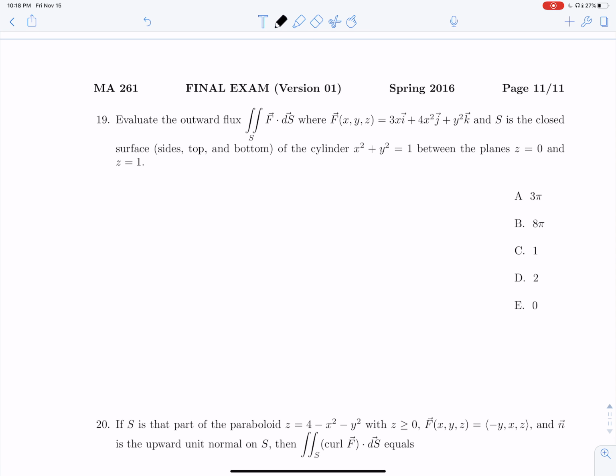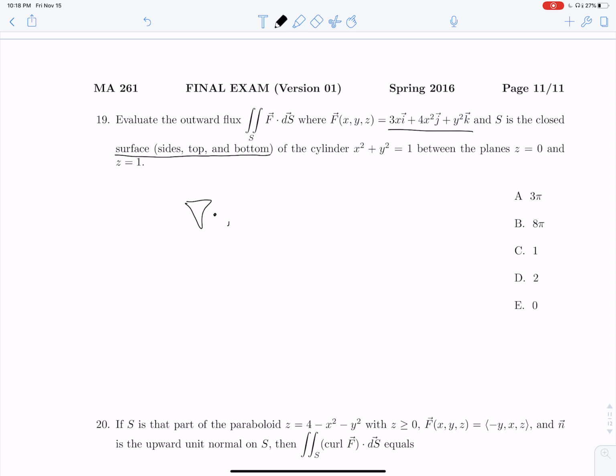Okay, 19, we're evaluating the outward flux in this vector field and in a surface which is closed: sides, top, and bottom. And that's an instant indication that we should be using the divergence theorem, which states that